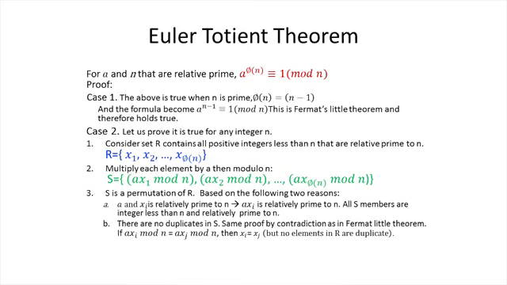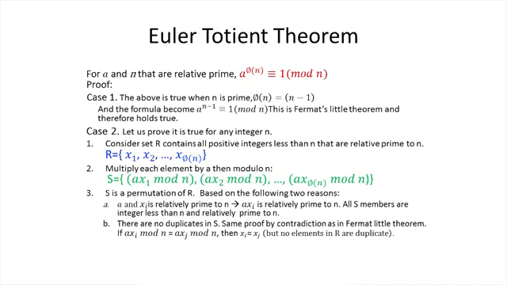So the first term will be a times x sub 1 mod n. The second term will be a times x sub 2 modulo n, and so on until the last term is a times x subscript phi(n) modulo n. And so that's the set S. And we can prove that S is a permutation of all those numbers in R, based on the following two